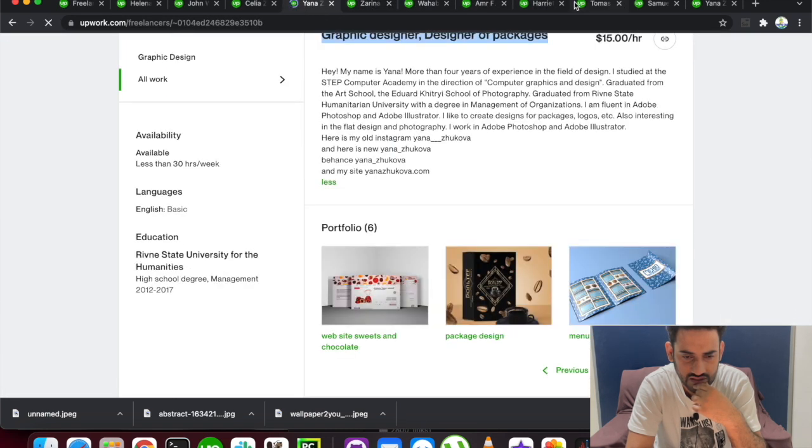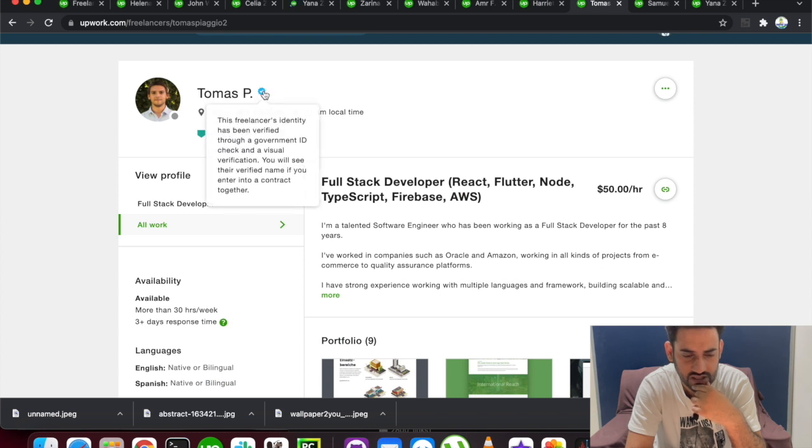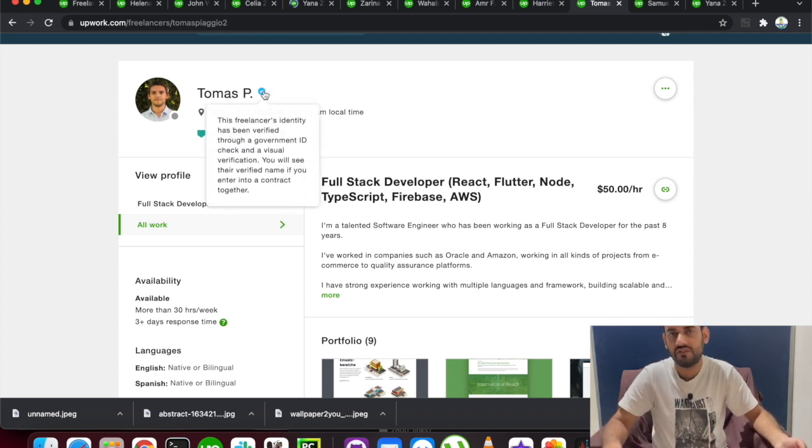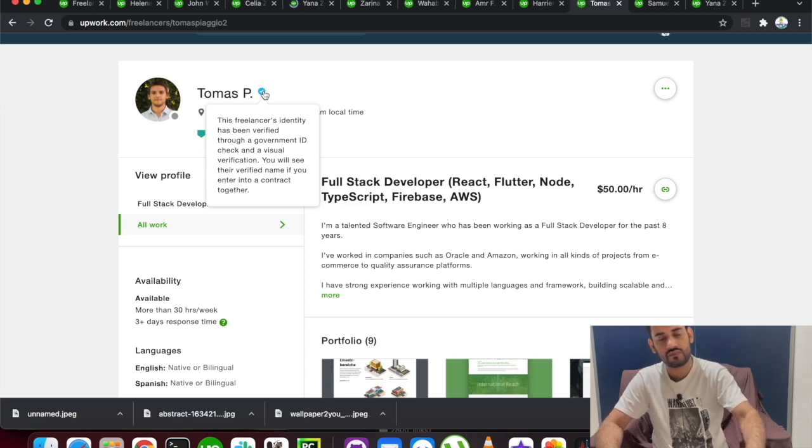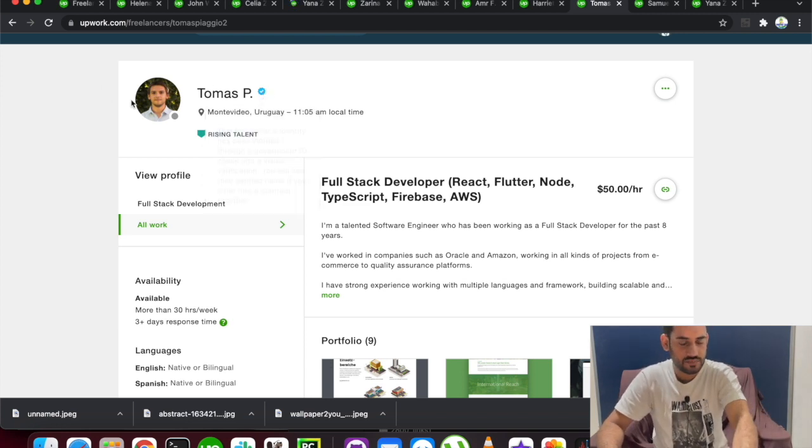Okay, none of the other ones had it. So this shows that your payment method is verified when you add a bank account, and you verify your identity. There are 3 steps, I guess: ID verification and visual verification. After that, you get your identity verified, which is really important. So yeah, he has a nice picture,